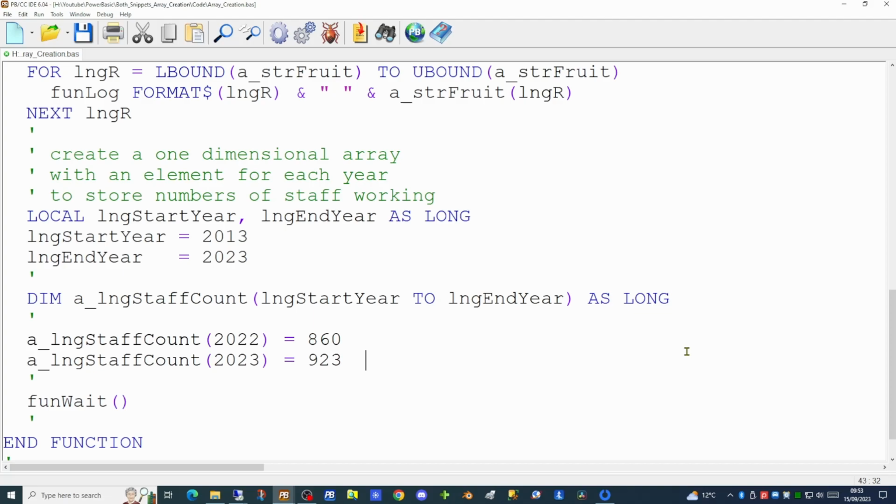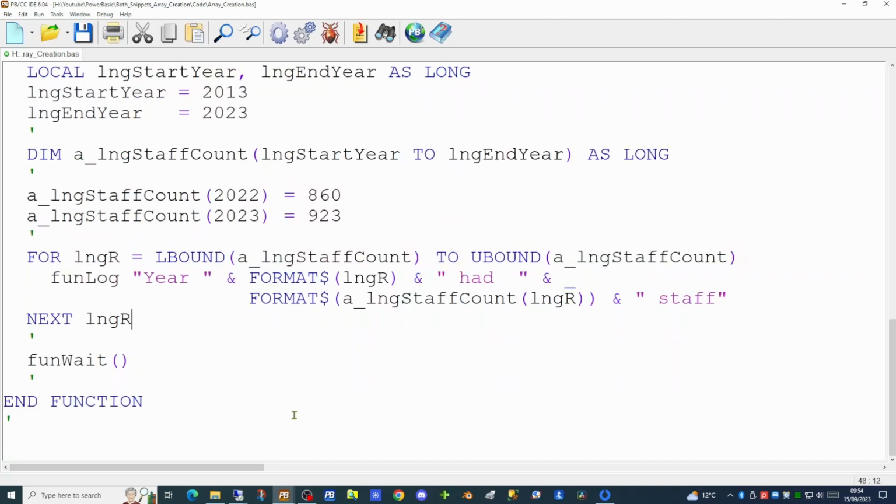So now that we've stored these two values against these 2 years, how would we print that out to our log? How would we access it from the array? So using the approach we used a moment ago, we're going to use LBound and UBound to work out the lower bounding and the upper bounding of the array. The return from the LBound function in this case, for that particular array, the staff count array, will return a value of 2013, and the upper bounding will return a value of 2023. So if we run that code now,